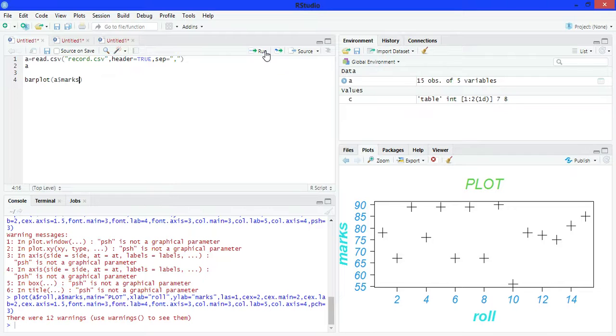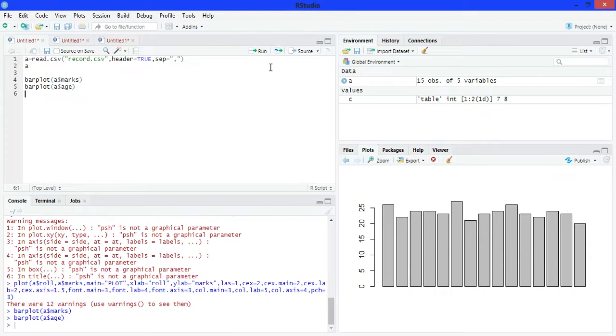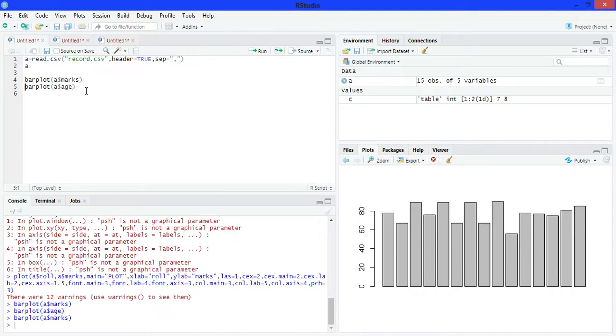Run it. See, the output is a bar graph. Now make another graph of age. Barplot and pass here dollar, age. Run it. See, at a time only one graph is present in output, either this graph or this graph.